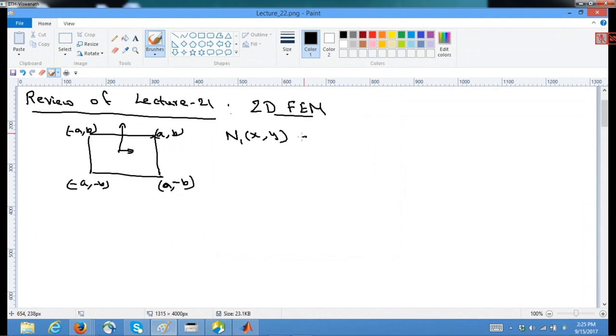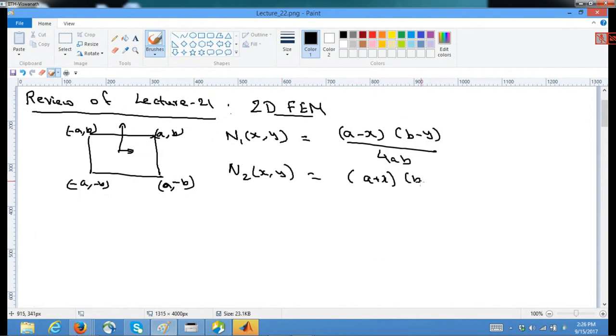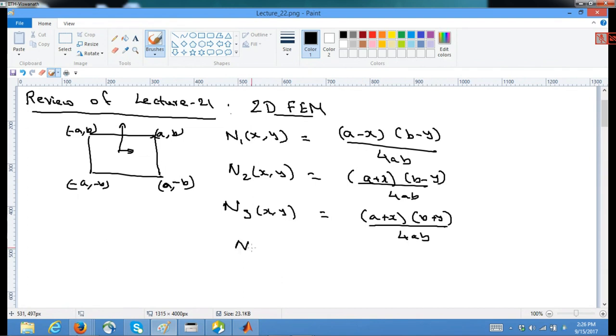N2(x, y) is equal to (a + x)(b - y), N3 is (a - x)(b - y), (a + x)(b + y) by 4ab, and N4(x, y) is (a - x)(b + y) by 4ab. And we showed that